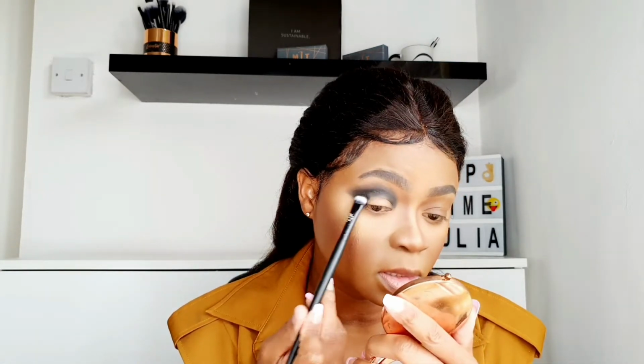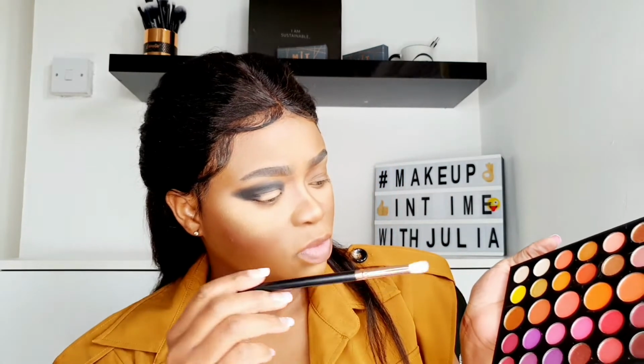So I will just gently blend here. Just want to make it a bit fade. Just gently. I will dip this area. It looks like we're going for smoking. I want to go in with this dark